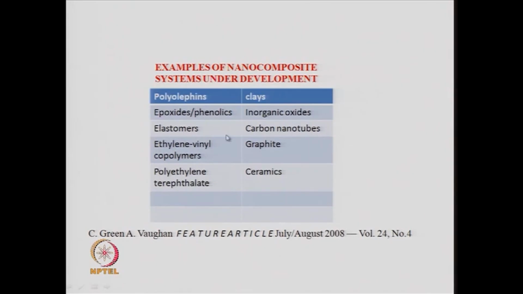Then carbon nanotubes have been used with elastomers, graphite has been used with ethylene vinyl copolymers, and other ceramic materials with polyethylene terephthalate. So, this type of combination of polymeric material and ceramic material has been done in the recent past to develop nano composites for dielectric